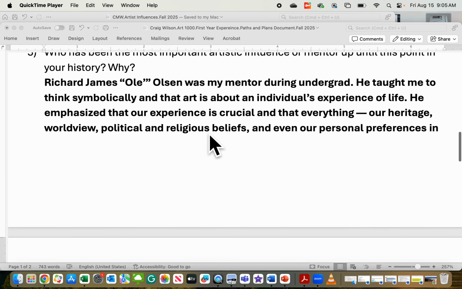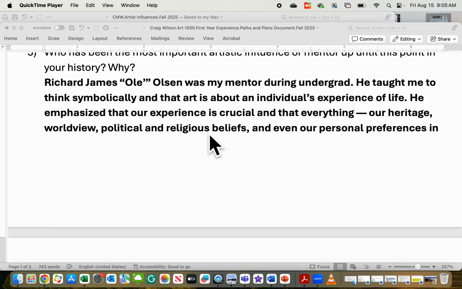I think the takeaway, if I was to shorthand it, was he made me realize that my experience as a human being could communicate more profound things about what it means to be a human being, and that my experiences could be made universal in my art and could speak to experiences that other people had about things like heritage,